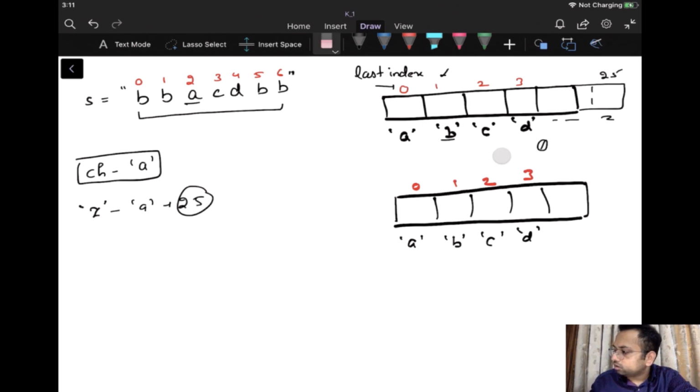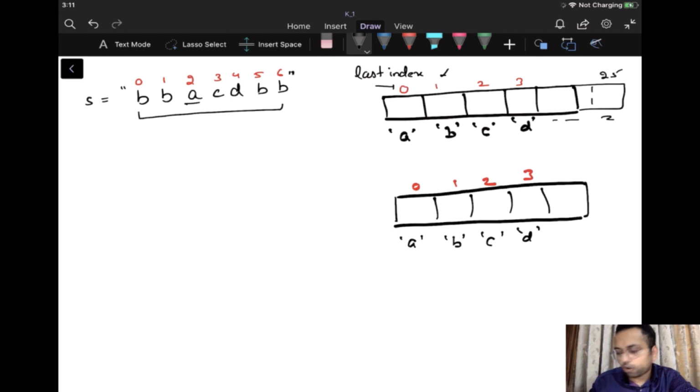Alright. Now the next thing that comes into the picture is, we have stored the last indexes of all the characters. So A occurs at last index 2, B occurs at last index 6, C occurs at last index 3, D occurs at last index 4. So we have stored the last indices of all the unique characters. Now let us see whether we can consider this particular character in our output or not. Right now, yes, I can include this character.